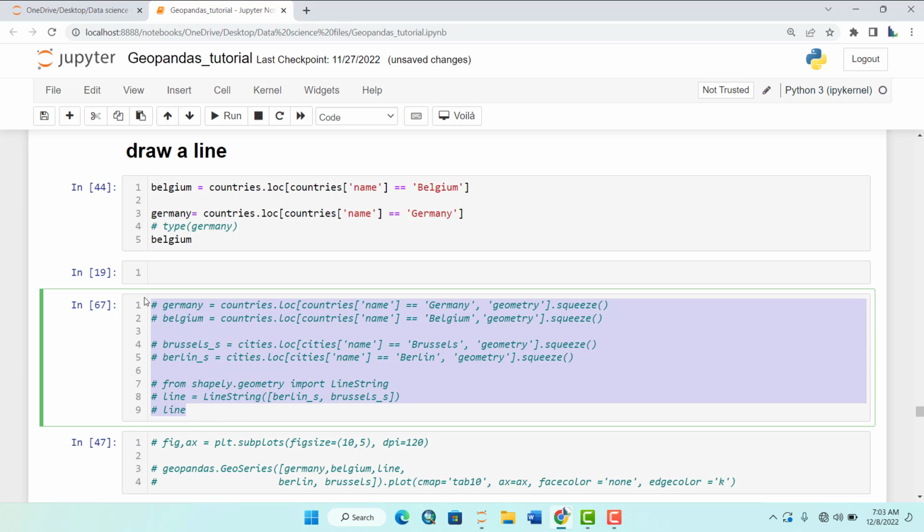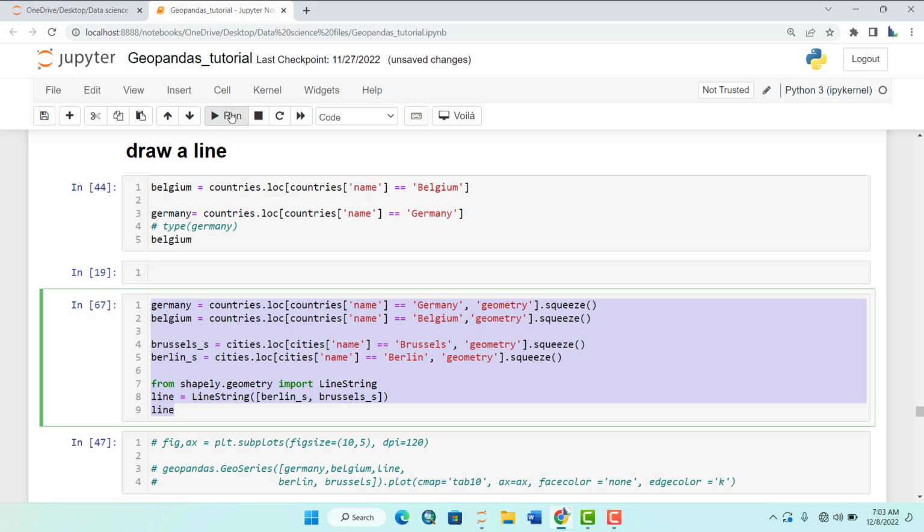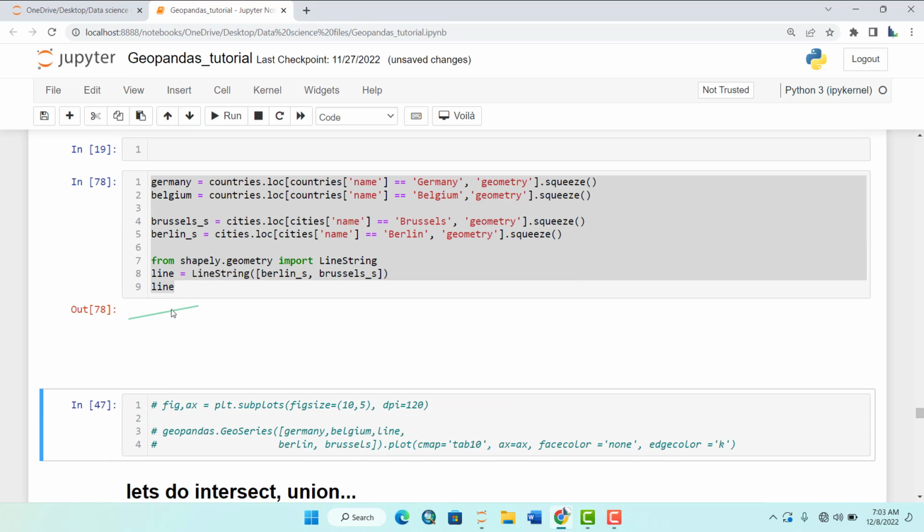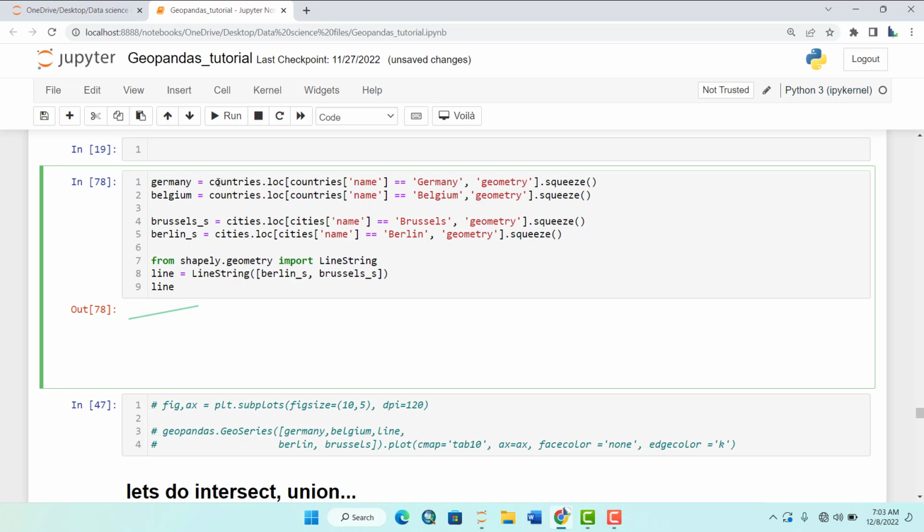But I'm going to use this line, this code for that. You can see a line. You need to just plot Germany, Belgium and the line at the same time. So what I have done here, I have filtered out Germany and I have squeezed our data so that I can use that in this line string object. Similarly, I have squeezed the Belgium data,